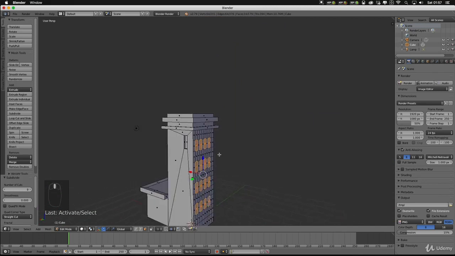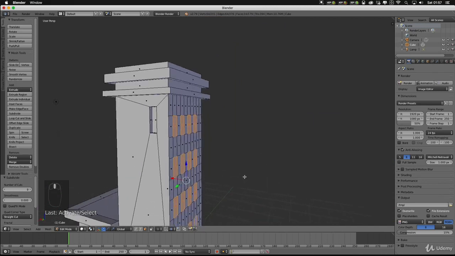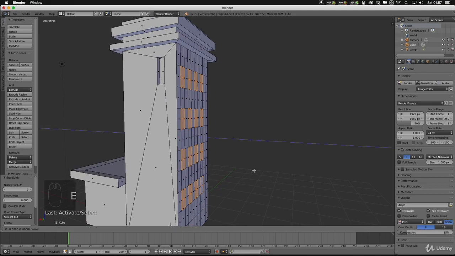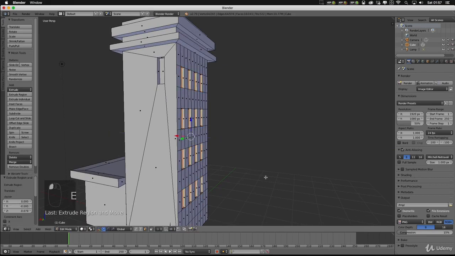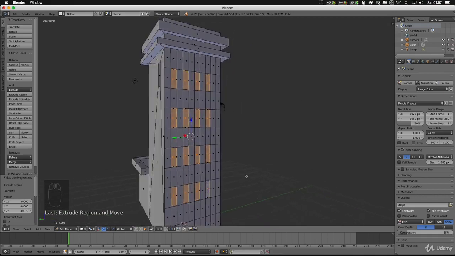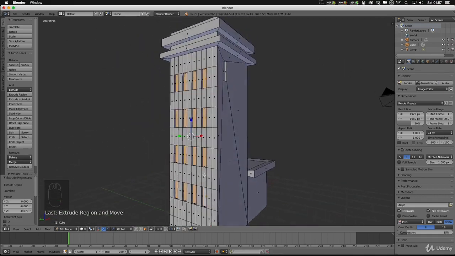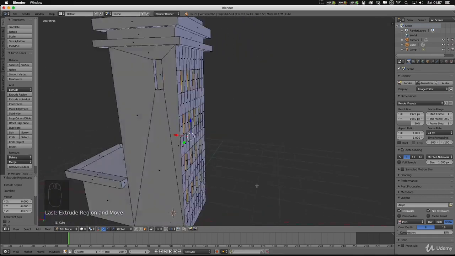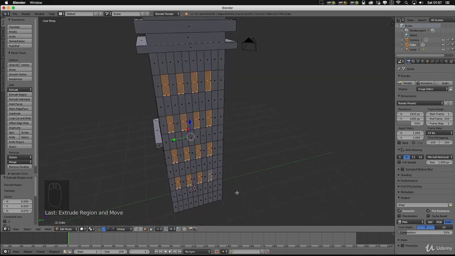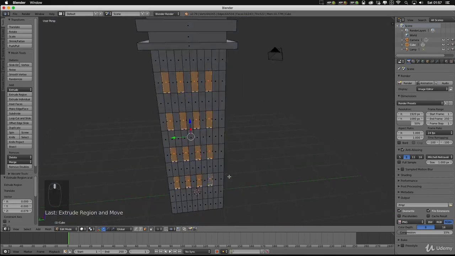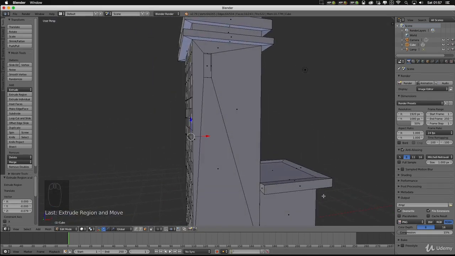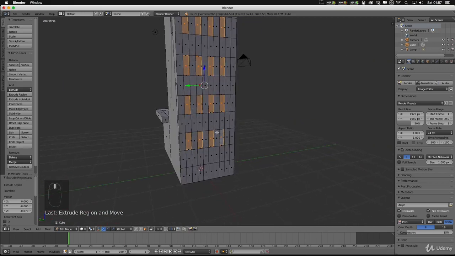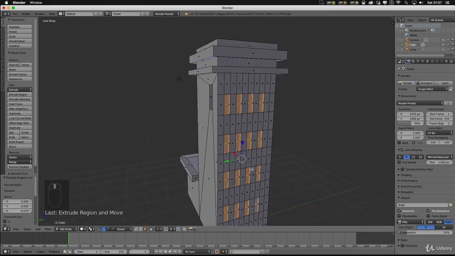Now I want to do the same thing that I did to these windows. I want to push them in. So E to extrude, and then just push them in. And then there you can see you've now got all your faces, made your own little windows. So that's what you can do if you want to make multiple windows.